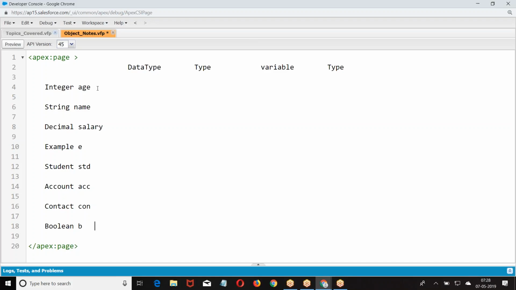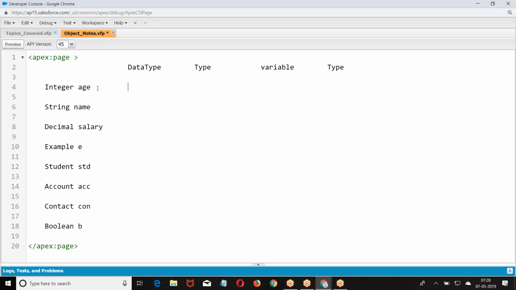Now, tell me, what are the primitive data types we have? Integer, long, double, decimal, boolean, blob, string, ID, object, date, datetime and time.